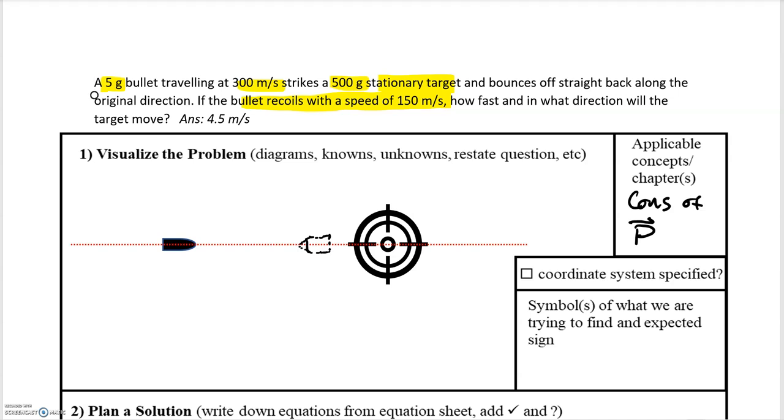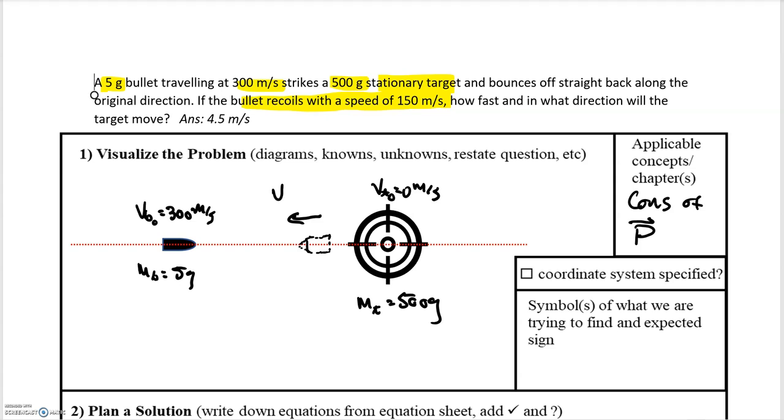So why don't we label everything? We have the mass of the bullet, which is equal to 5 grams, and the mass of the target is equal to 500 grams. The target's stationary at the start, so Vt naught is equal to 0 meters per second. We know that the initial velocity of the bullet is equal to 300 meters per second, and then the final velocity of the bullet is moving towards the left. So the final velocity of the bullet is equal to -150 meters per second. So that's going to be the difference. And then for the target, as we just said, we expect that the final velocity of the target is going to be a positive value. It's going to be to the right